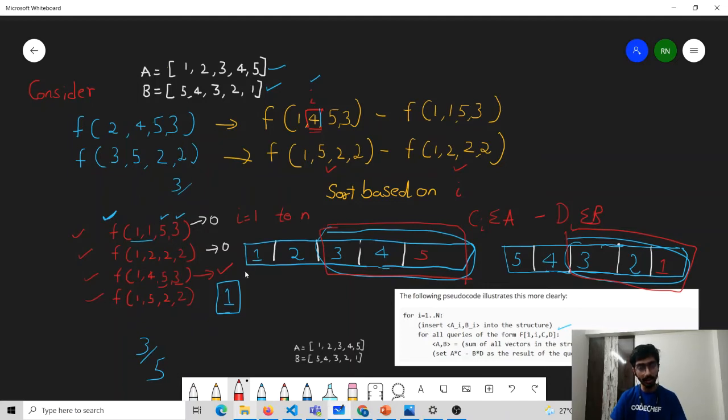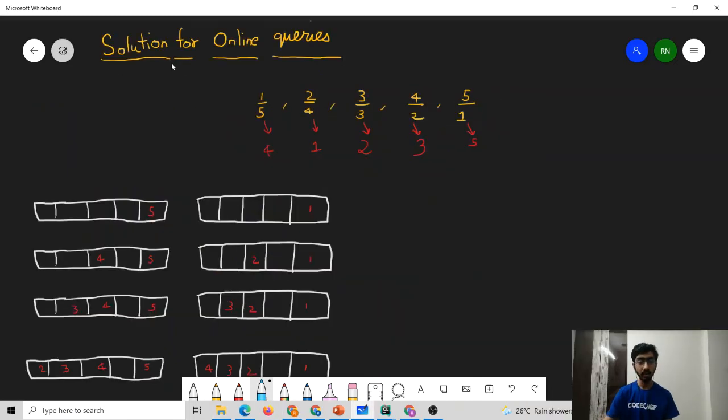Note that this solution can only work if we know all the particular L, R values initially, but that is not the case for our problem. So let's move to the actual solution. Now let's try to solve the problem for the case where we will be given online queries. Let us consider that we don't have any constraint on time and on space. What we can do is make n different segment trees.